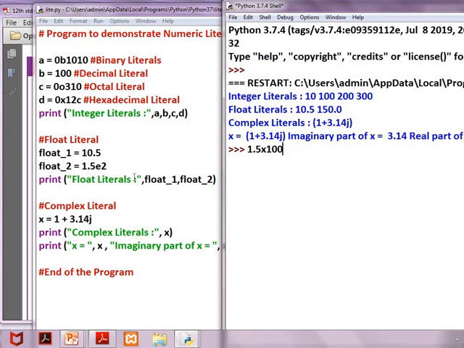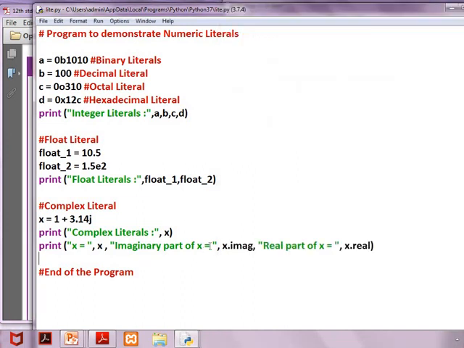Then complex literals. Here x equal to 1 plus 3.4j. Then x means the given value is printed exactly. Next, x equal to 1 plus 3.14j. Imaginary part of x equal to x dot imag.